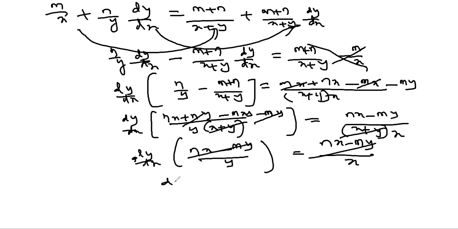So therefore dy by dx is equal to, this y taken to the RHS becomes numerator, y divided by x. So dy by dx is equal to y by x. This is a very, very important example. On this type, this is very standard. On this type, a CET example can also be asked. Right? So take a screenshot of this.